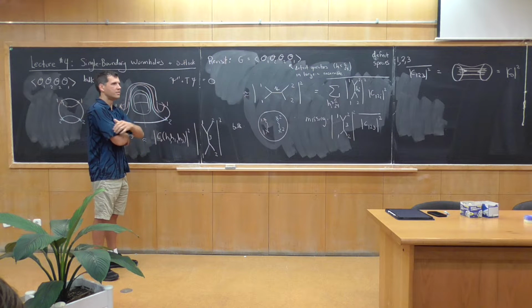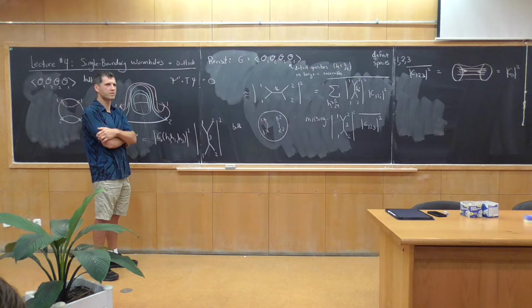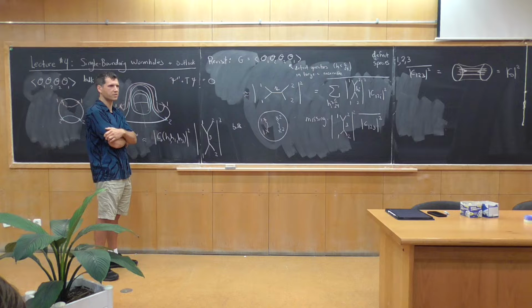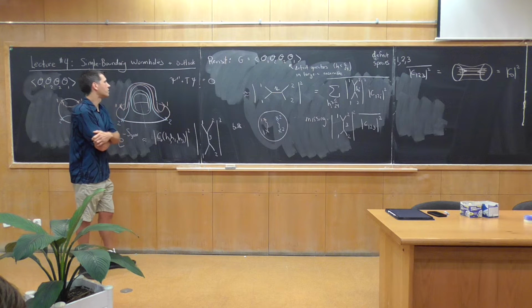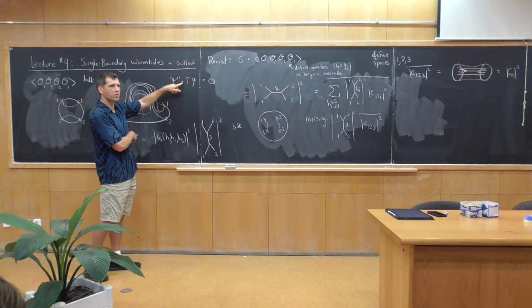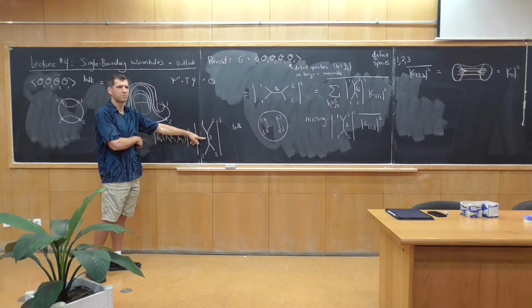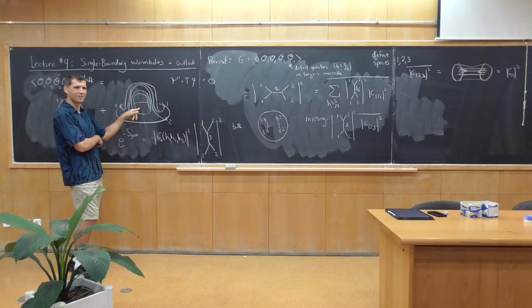This is Zamolodchikov's procedure to calculate large C conformal blocks, is that you can get it by studying the monogamy of this differential equation. And so what you need to do is check that the monogamy properties of this differential equation have the right, basically that the solutions of this equation have the correct monogamy to correspond to this block. And this equation comes from Einstein gravity. Well, it comes from Zamolodchikov, but you rederive it from Einstein gravity in this picture.